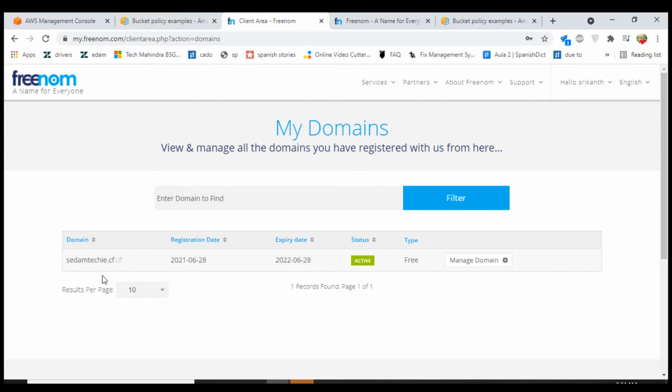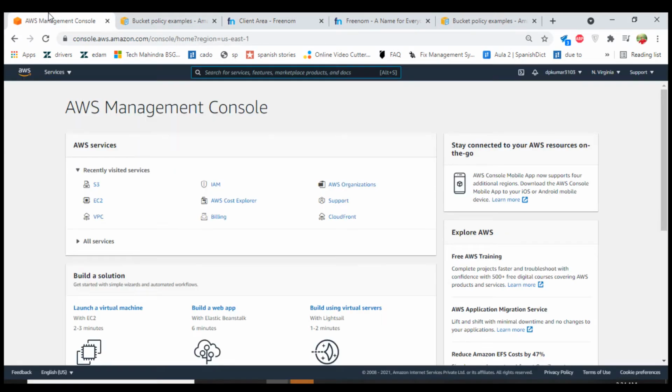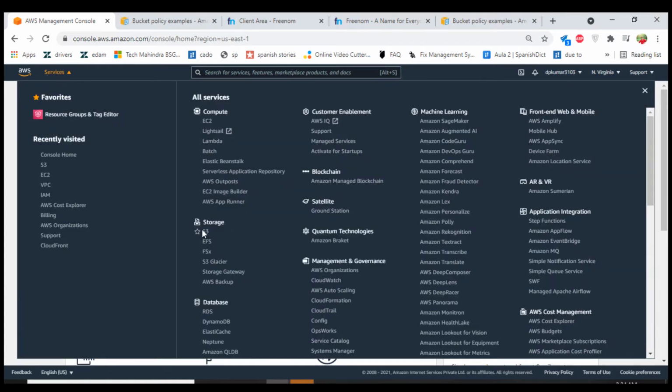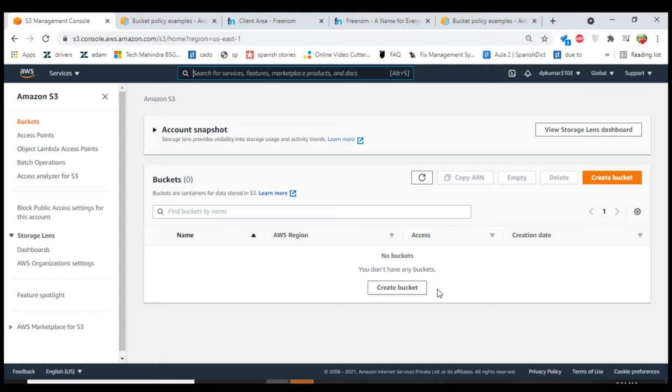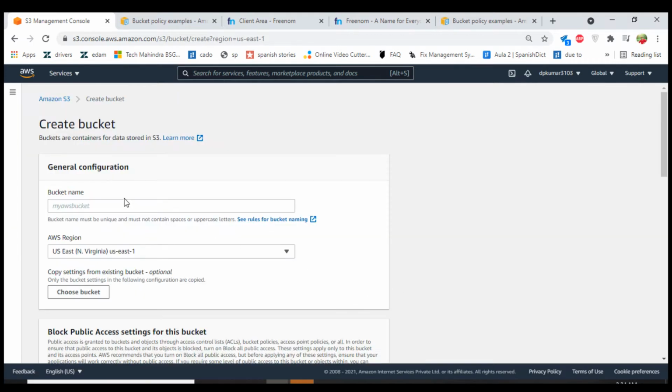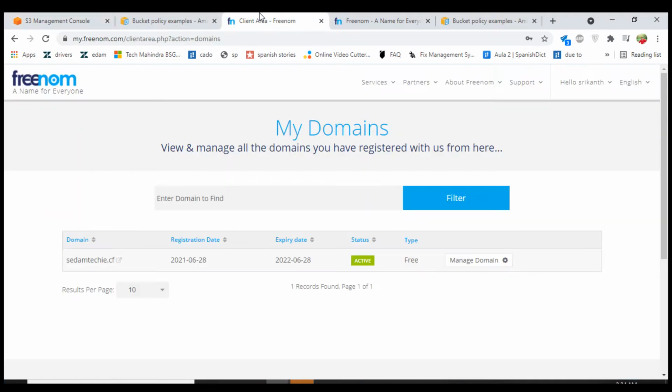Once you create your domain, you have to log in to your AWS console. Now select S3: click on services, select S3 under storage. You have to create the bucket name with the same name as your website domain. For example, let's confirm sridham.techie.cf.